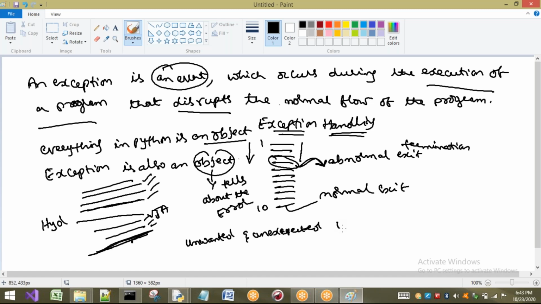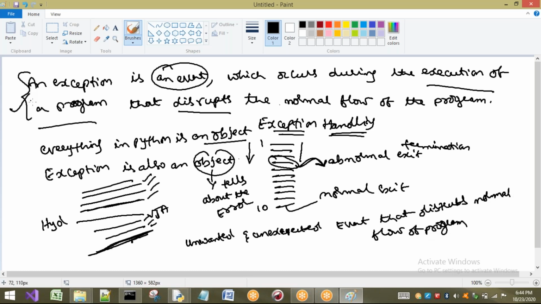I am moving from Vijayawada to Hyderabad, and it disturbs my journey. Normal flow is nothing but what? I will not stop anywhere, directly I will go to Hyderabad. So this is the general definition of an exception, the normal flow of the program being disturbed, which we can understand. If you want to understand technically we can go with that, but if you want to remember what an exception is, you can go with this also.